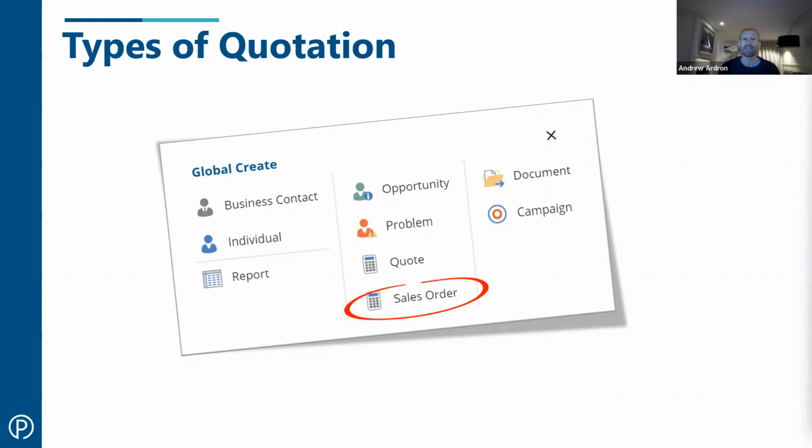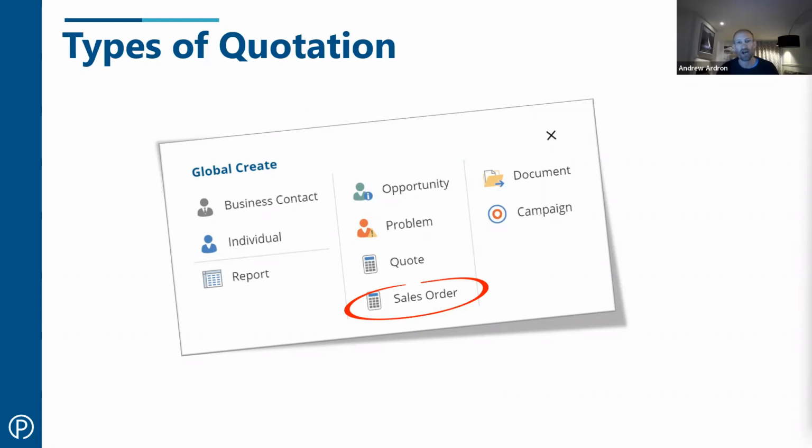And do they want to go ahead? And even if they say yes, you have still quoted them. Admittedly, it's a very short quotation process, and you've done it verbally, but you have quoted them. And of course, it's entirely possible you get to the end of that, and it's more than they were expecting,